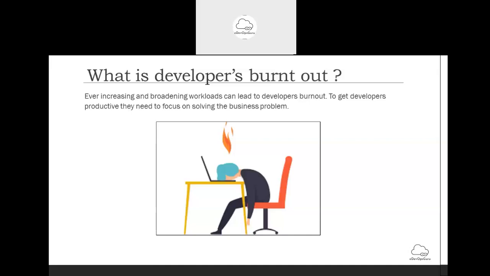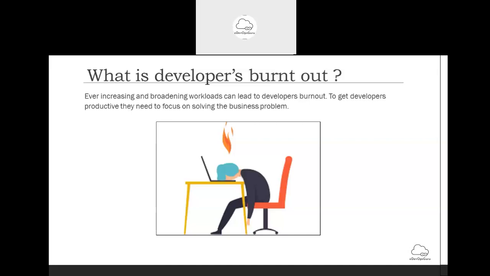So if I have to write 20 lines of code, I have to set up the system, I have to set up the compiler, I have to write the code, I have to set up the UT cases, set up the setup where I can execute my end-to-end scenarios.